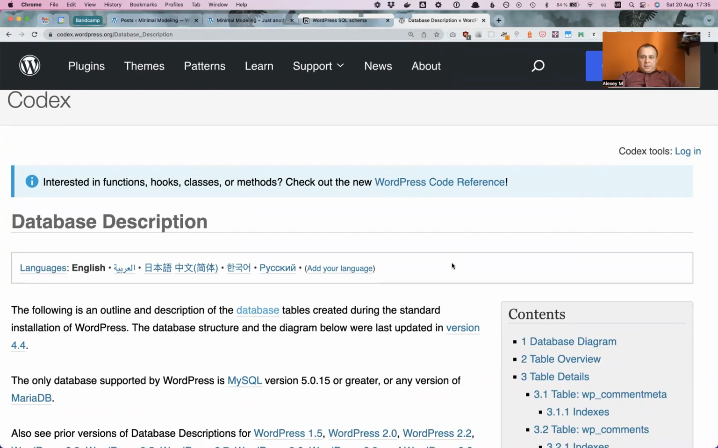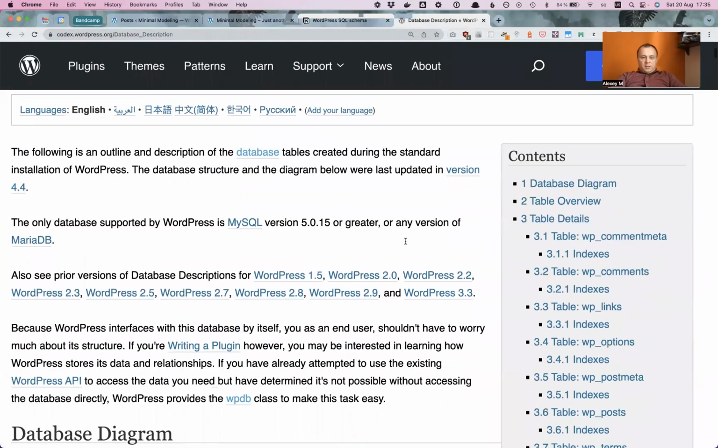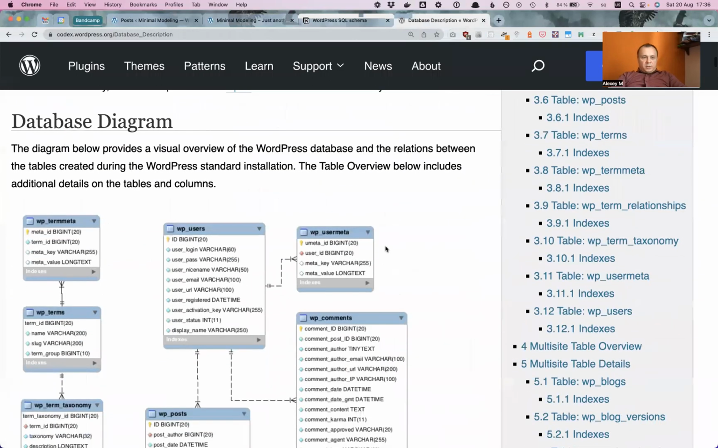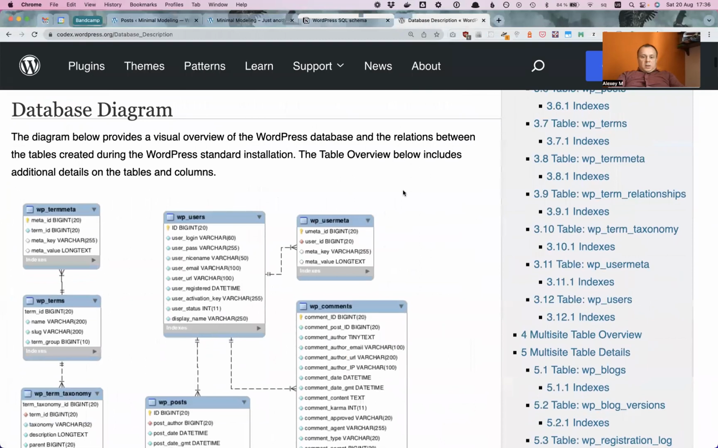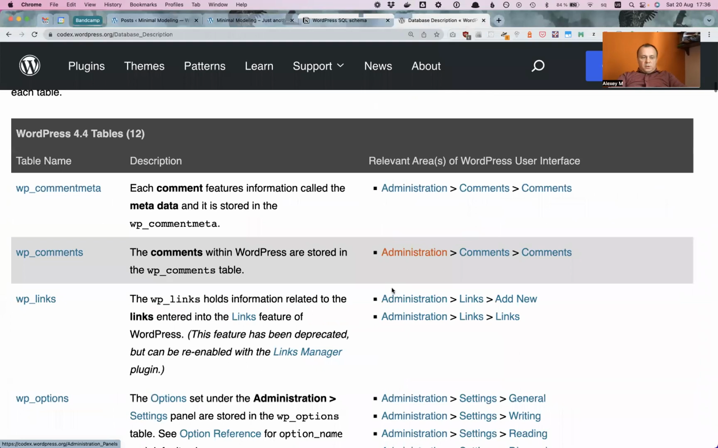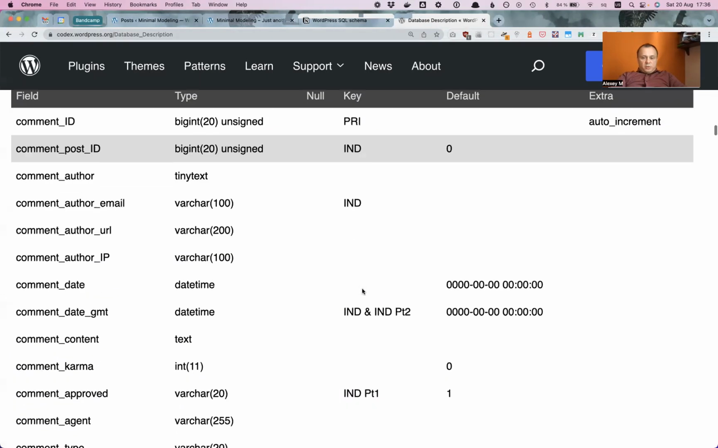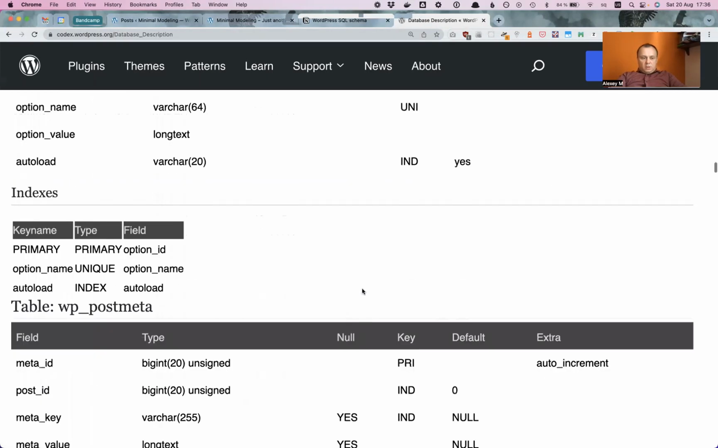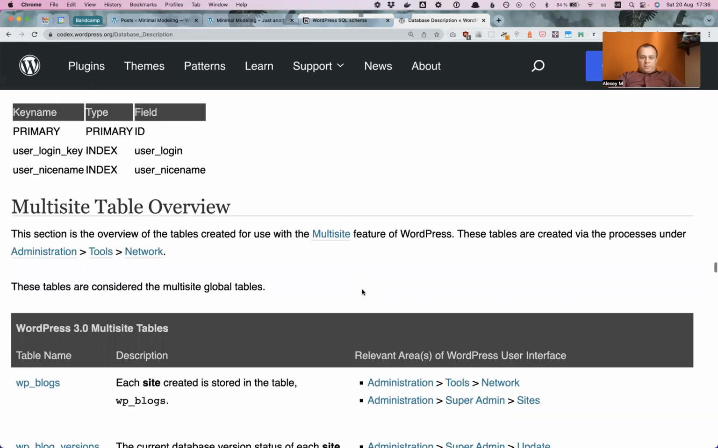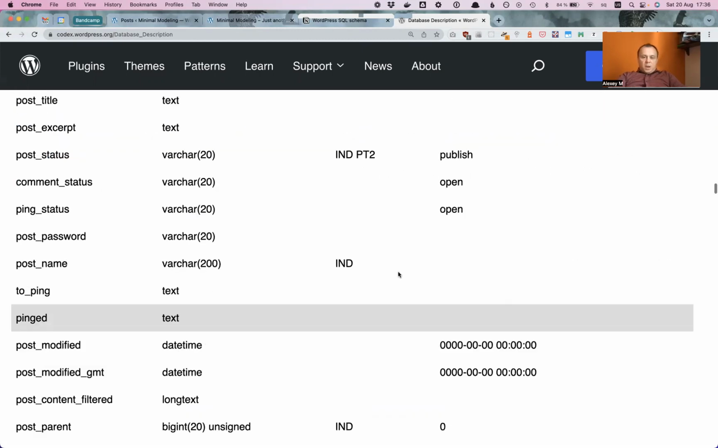WordPress has an official description of the database. You can find it in the official WordPress wiki codex. It has a database diagram, it has an overview of the tables, and it has a description of each table, although they are almost not described. Anyway,